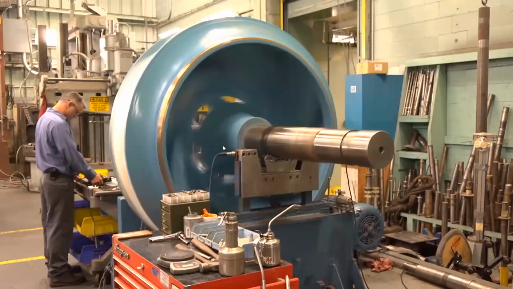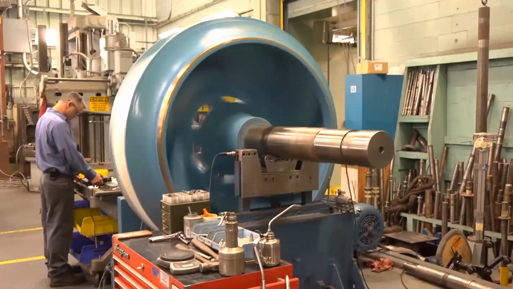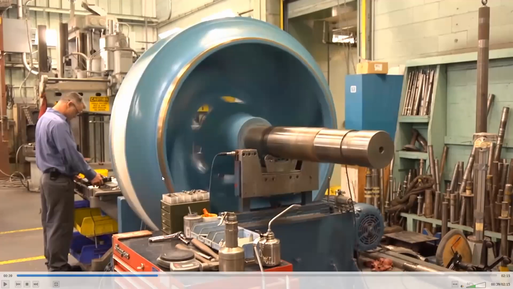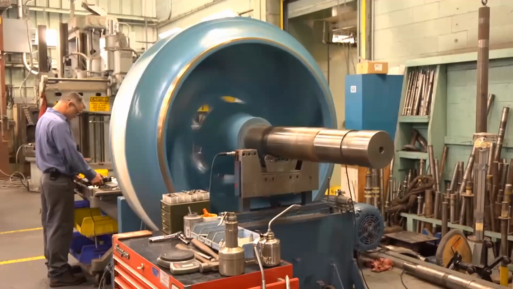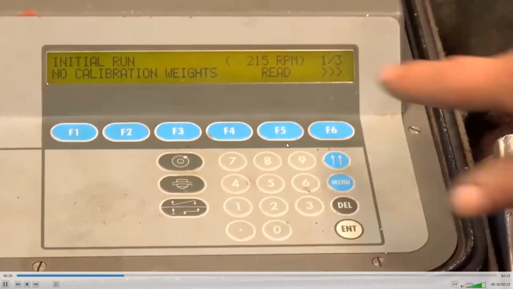Okay, so here you can see how the balancing is carried out. This is the example where one flywheel is mounted on the shaft, and this flywheel has some eccentricity, that is, the center of gravity is not exactly at the geometrical center, and due to that the shaft is oscillating or vibrating. So we need to minimize this vibration by adding some counter masses. You can observe here first the unbalanced condition. Right now the shaft is vibrating.